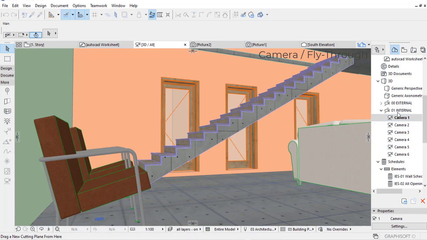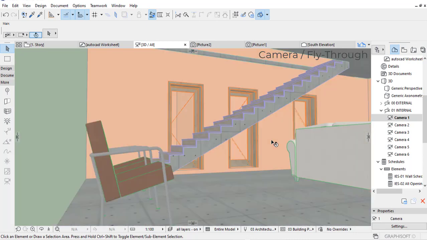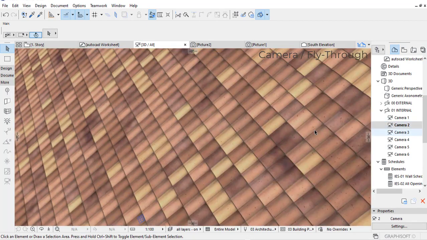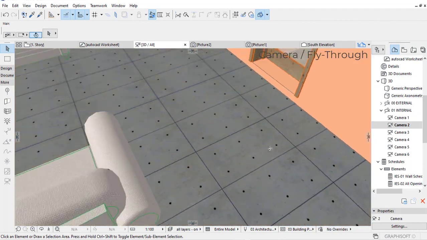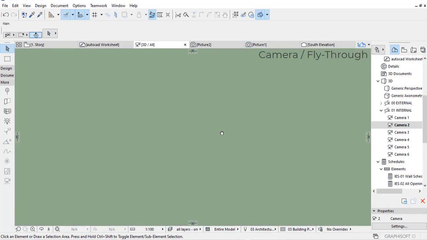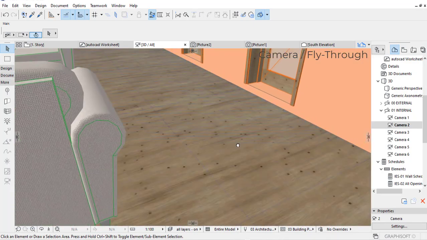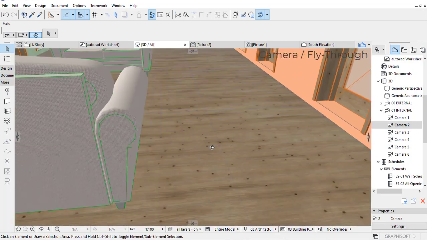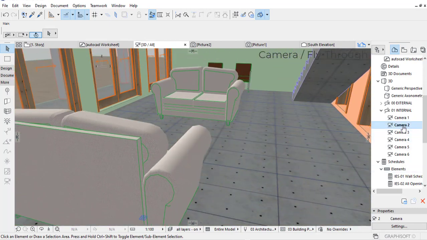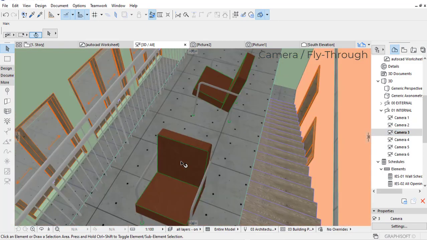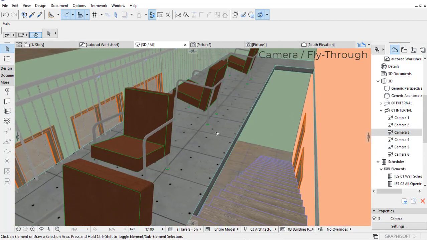Second camera. So this is done. Second camera again is on top, so we need to get inside and place it according to how we wanted it. And so probably we wanted it this way. We save it, modify this camera, then we go to camera 3, and probably it was,